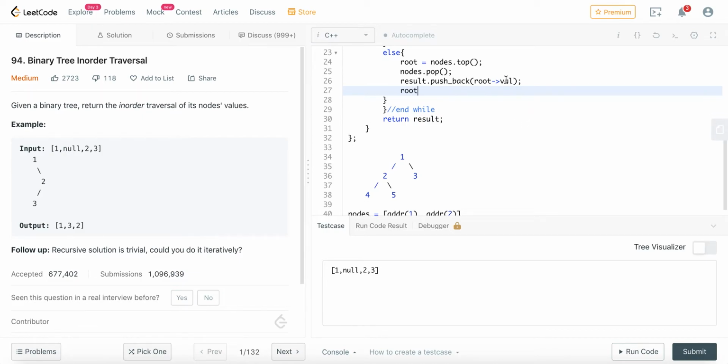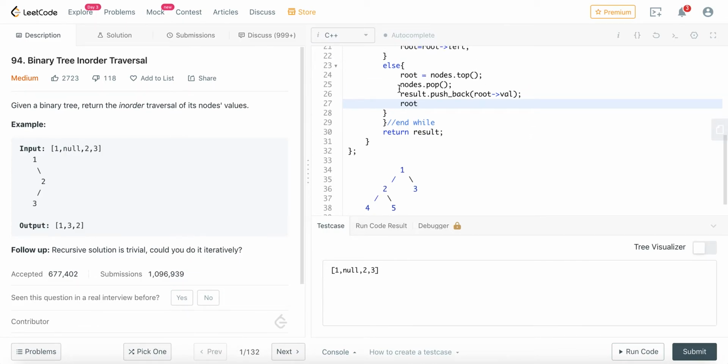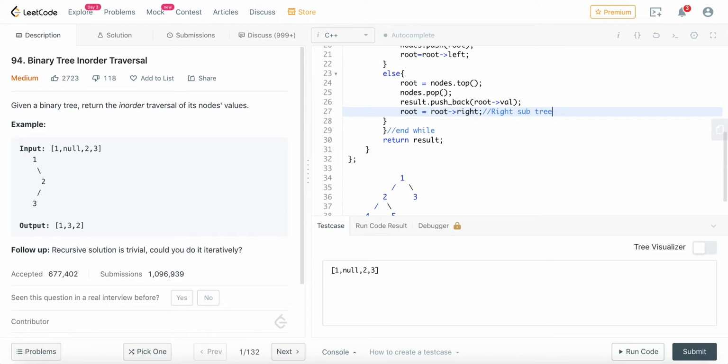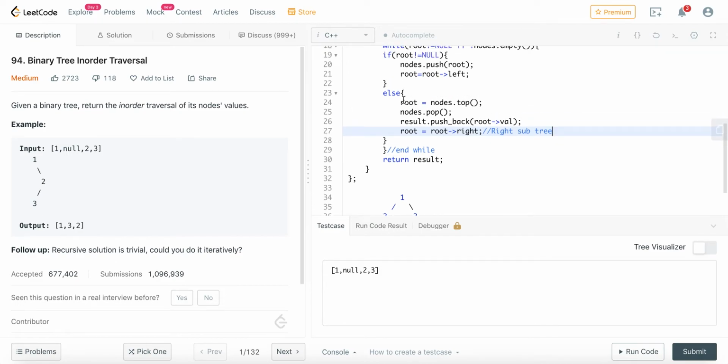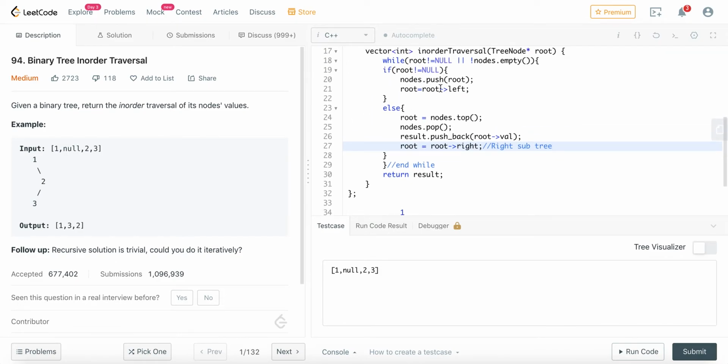So basically we have traversed till the left. Okay, then after that I am pointing to the root. So I am pushing the root val, and then after that I am traversing to the right subtree. So root will go to the right. Okay, right subtree. So this goes to the right. Okay, fine. So we are pushing the root and going on to the left, and once it reaches null, I am popping from the stack and then pushing the root's val, and I am passing on to the right. Okay, sounds perfect, right?